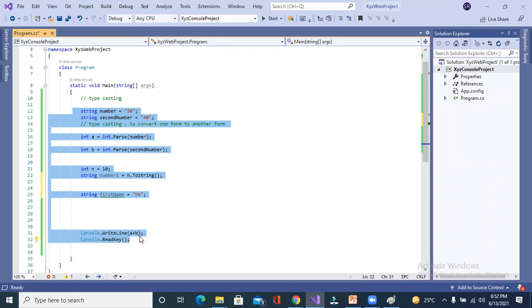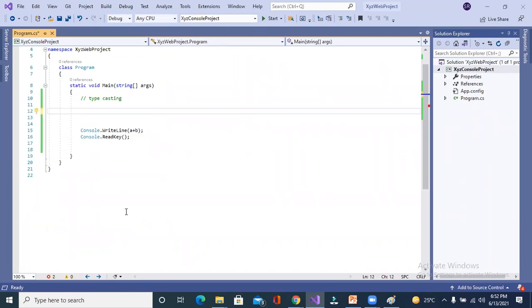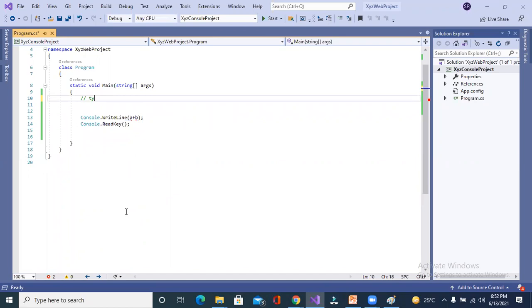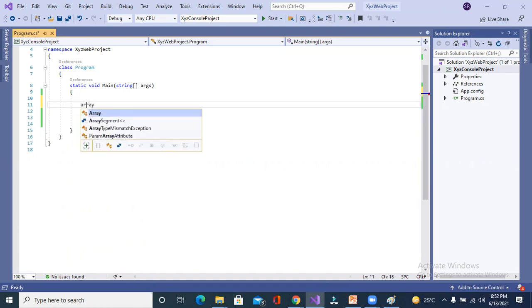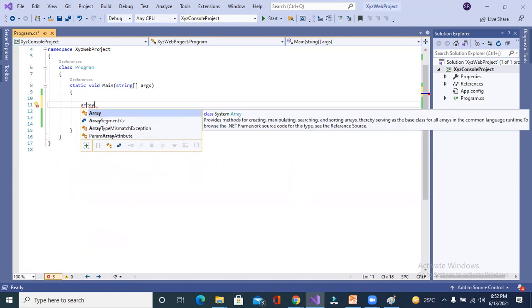So now we are going to learn a new thing which is called array. I think most of you know what an array is. Shilpa, what is an array? I think you have learned in C or C++.